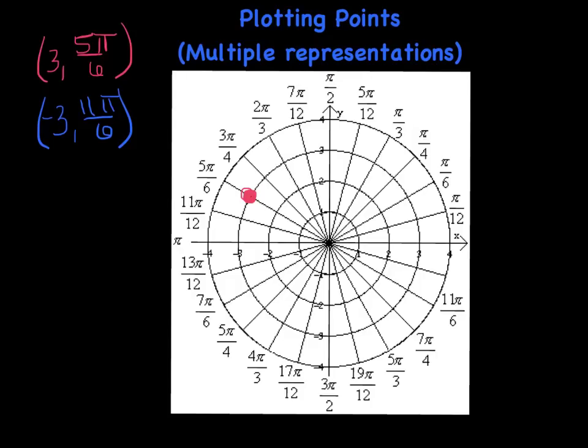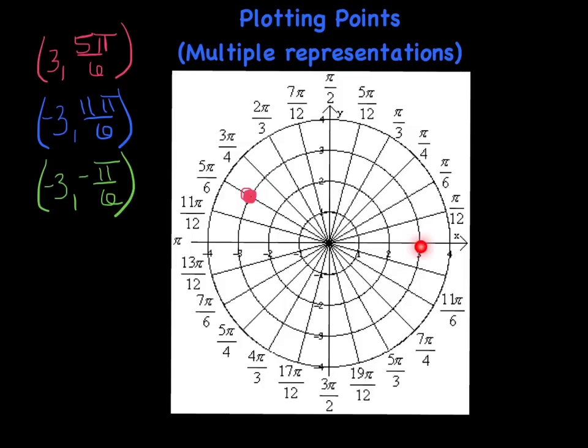Another one would be, instead of going counterclockwise, I might just do a little bit quicker here. I'm going to go clockwise. This would be negative pi over 6 as far as a rotation, and then the negative 3. So that would be negative 3 and a negative pi over 6. And then last but not least, I'm thinking